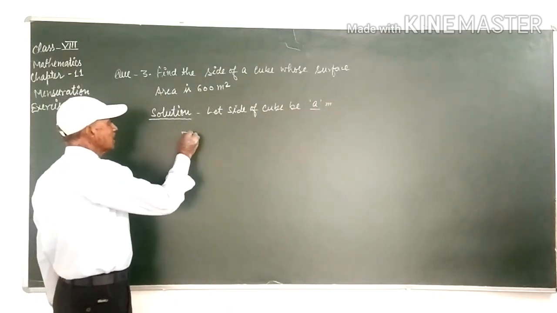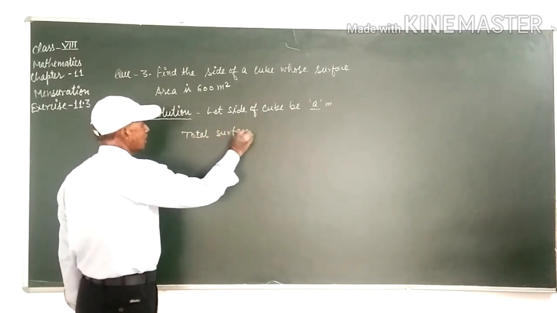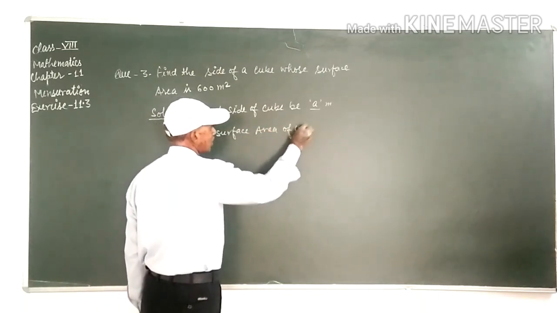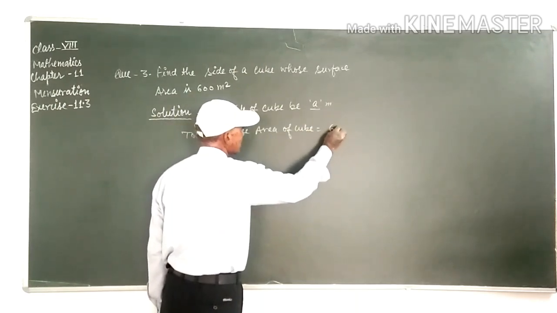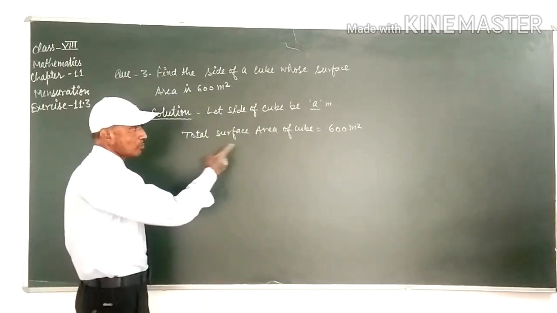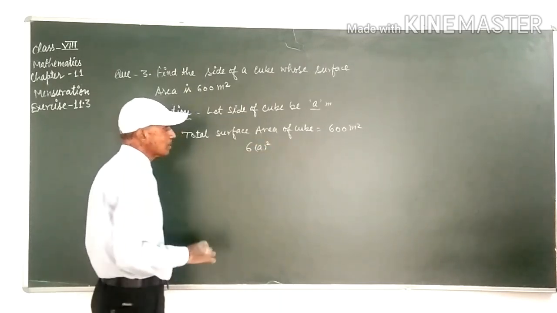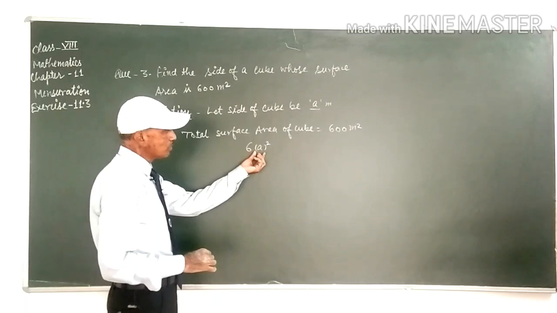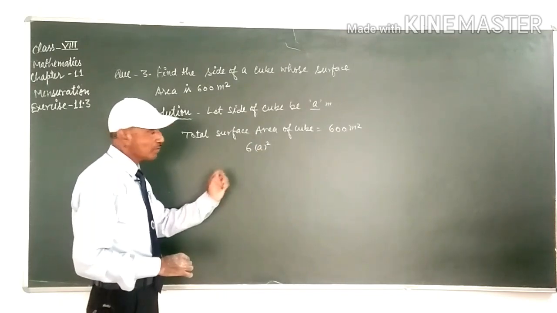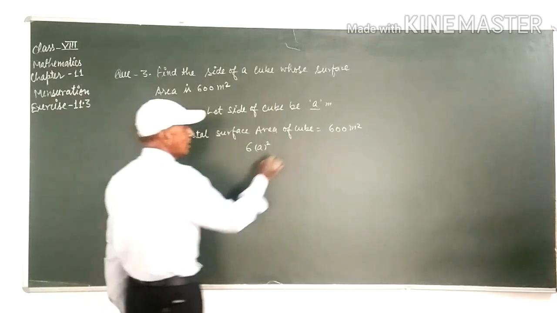So total surface area of the cube is 600 meter square, and the formula for the total surface area of a cube is 6a square. It means, student, 6 into side square. One side's area is side into side, it means side square. A cube has 6 faces, so that is 6a square, student, is equal to